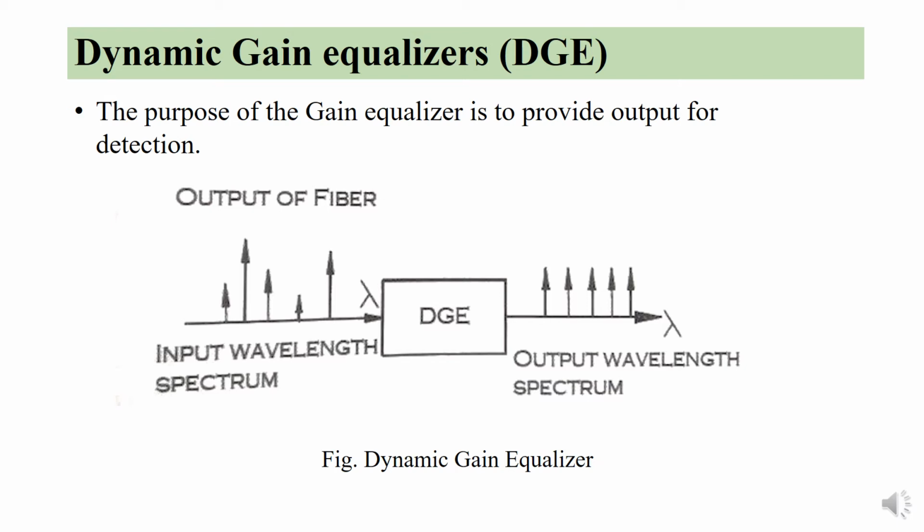We can see there are a lot of variations in the input wavelength spectrum. So after using this DGE at the output side, we can see that the amplitudes of the spectral components are equalized. So this DGE helps in controlling the vast fluctuation in the launched optical power. The applications of such DGEs are to compensate attenuation losses, to add or drop different light components to the networking mux, and also to overcome the channel attenuations.